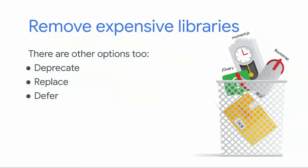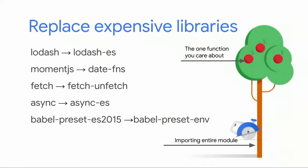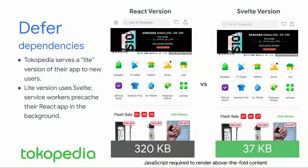Deferring the use of an expensive library until after the initial page load, and updating a library to a newer version. When replacing libraries, there are generally two things you want to look for. One, that the library is smaller, but also, maybe more importantly, that it's tree shakeable. By only using tree shakeable dependencies, you're ensuring that you're only paying the cost for the parts of the library that you actually use. You can also defer the loading and use of expensive dependencies until after the initial page